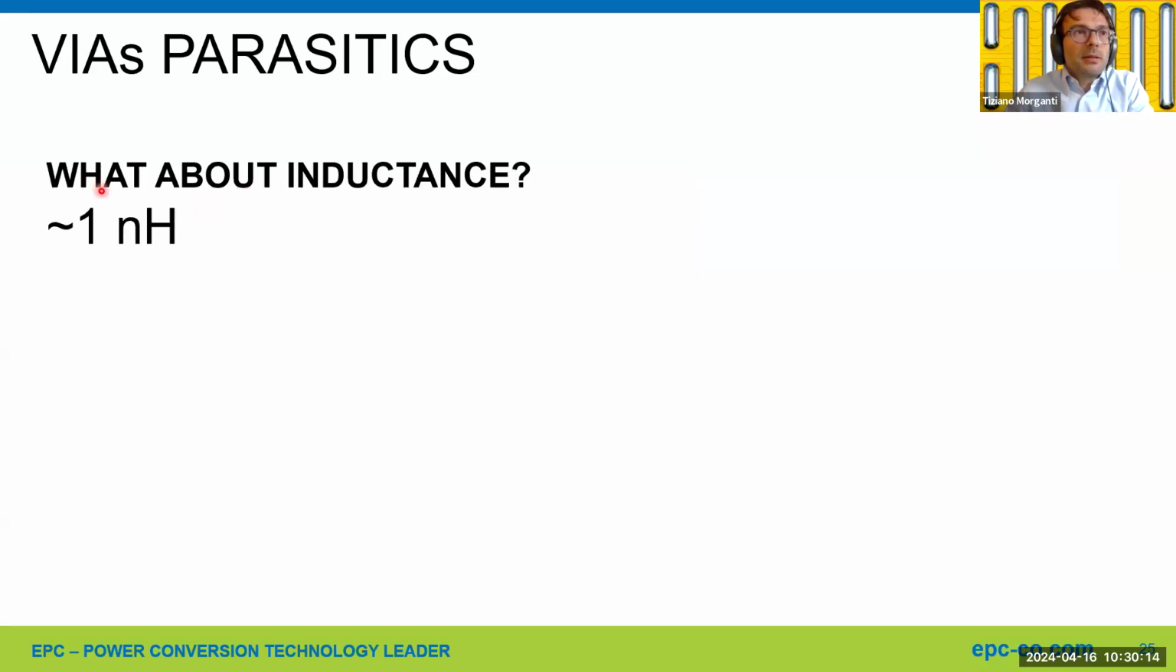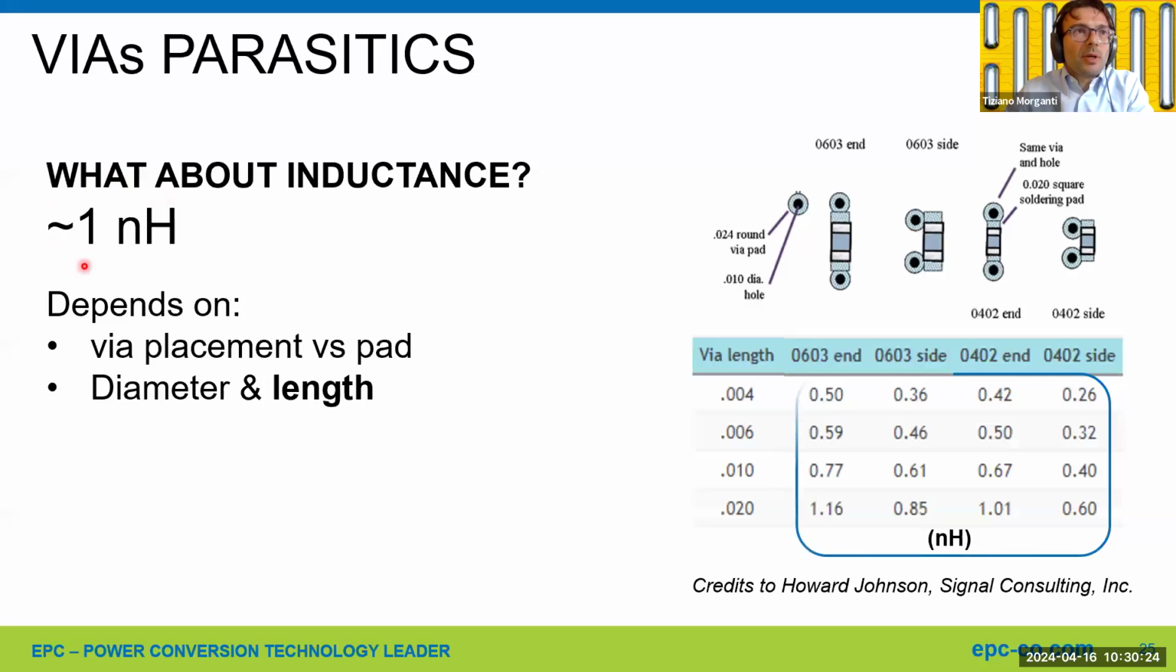Regarding the inductance, via inductance is roughly 1 nanohenry. It is not a precise value. It depends on the geometry and the return paths. But as a number, you can consider 1 nanohenry. So it depends. If you consider an example, a bypass capacitor connected with vias to inner layers, you can